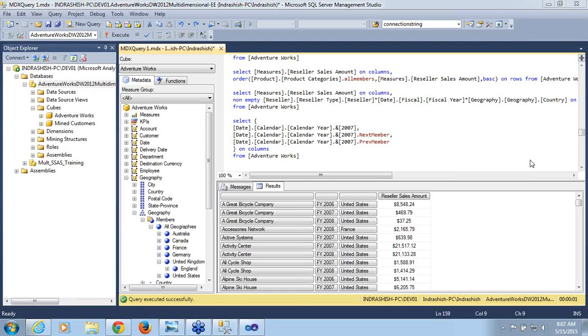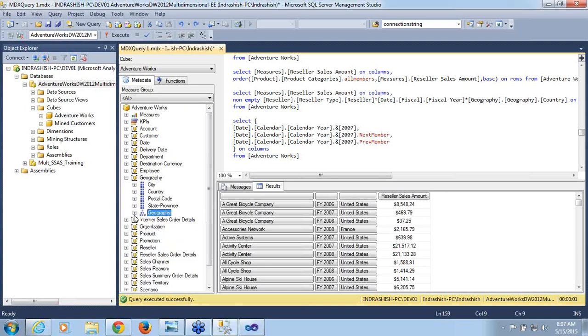So in MDX, you have something called next member and prev member. Next member is nothing but the member after that particular member. So, for example, here